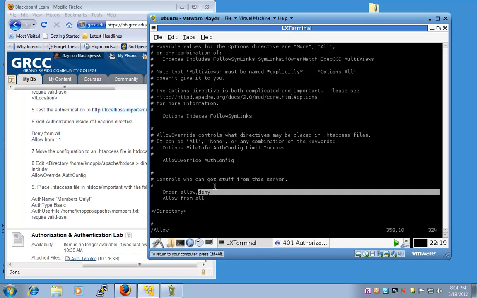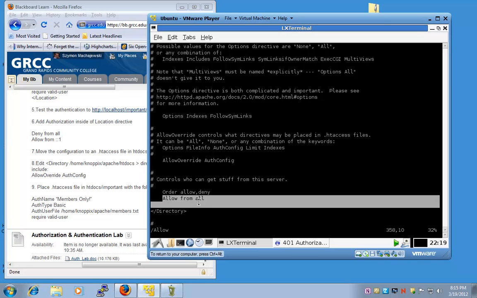The order is important because if the shorter list is to deny, then you may want to say allow from all and then deny from these three people. But depending on which list is shorter or longer, you may choose to do this in a different sequence. But once you establish the sequence, then you're going to say allow from, and now I can specify an IP